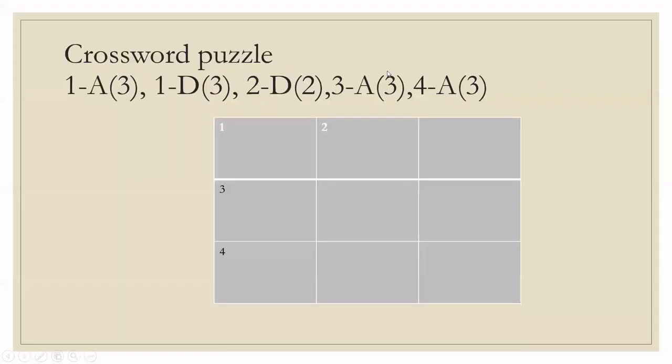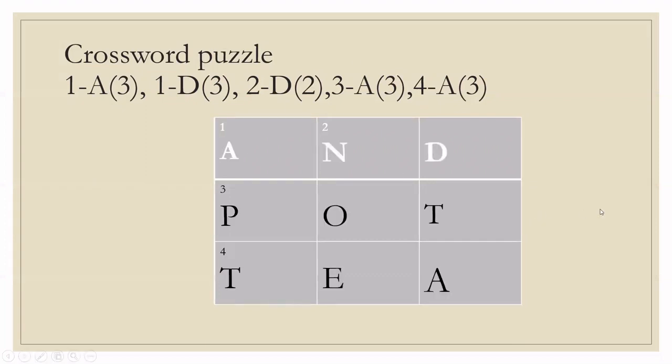We'll see an example of a crossword puzzle given here. There are 6 cells in the crossword template and the rules are given here. It says that at position 1, we have to fill in a word or a phrase across with 3 letters, which contains 3 alphabets. Again, one more word should be valid from position 1 down, 3 cells. Similarly, the rest of the regulations are given. So this is one valid solution for this crossword puzzle.